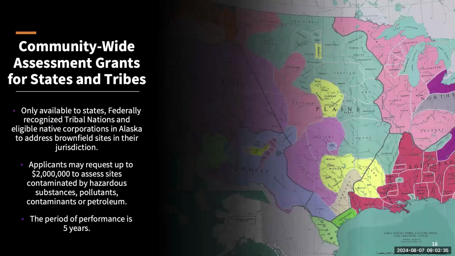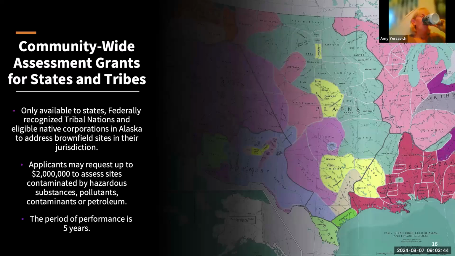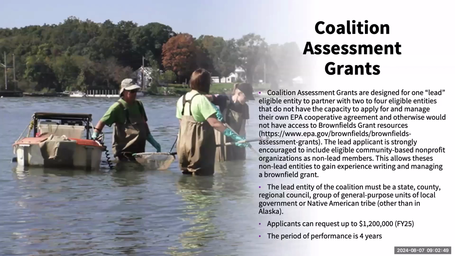Next slide. Amy, this is Carla. Can I just add one little thing to what you said? Just one clarifying point. Land banks are eligible entities, just in case anyone is wondering about that. They're eligible entities to be lead coalition members. We put them under the county as a county agency. Thank you, that is good. And we do have land banks that have been lead coalition grantees. So thank you for that clarification, Carla.